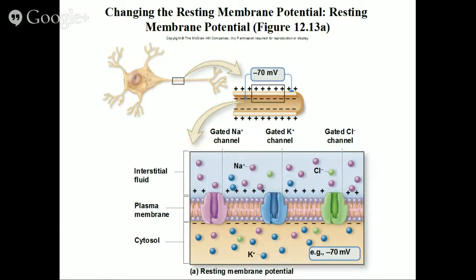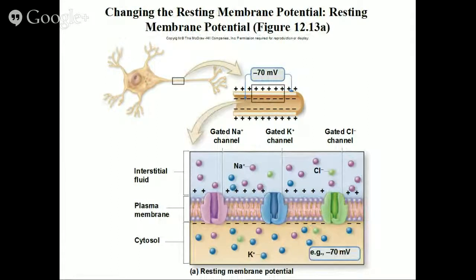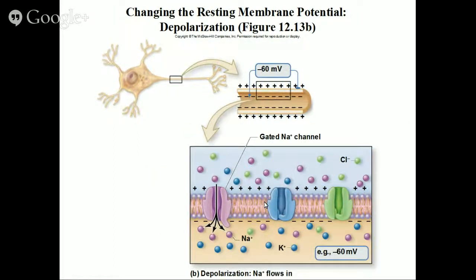So we just finished talking about this. And so let me go back for a second. There's that resting membrane potential again. This is what I just finished talking to you about, where I said, when it's at rest, there's nothing happening. No one's going in and out. The ions are staying exactly where they're supposed to stay. So positive on the outside, negative on the inside. Notice that these gated channels are actually closed, all three of them. Why? Because there's no stimulus to make them open. And then you bring in